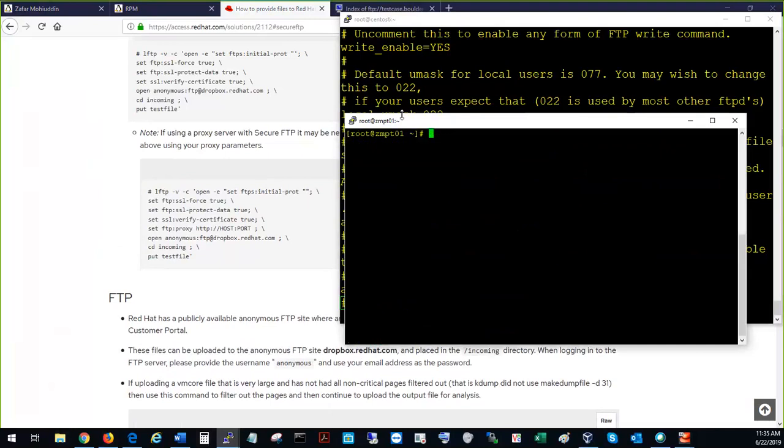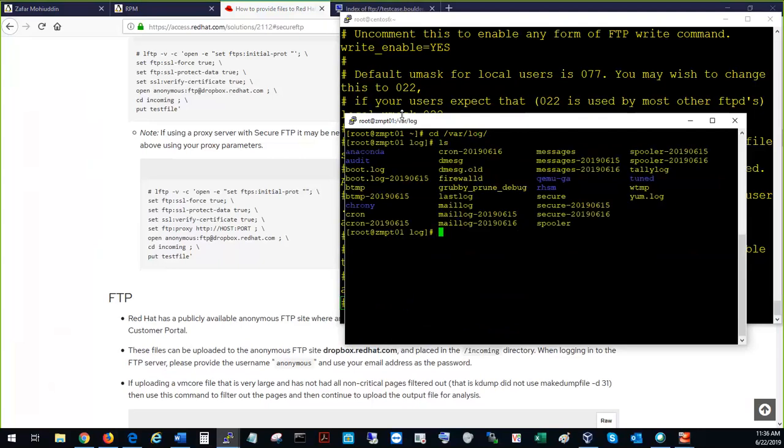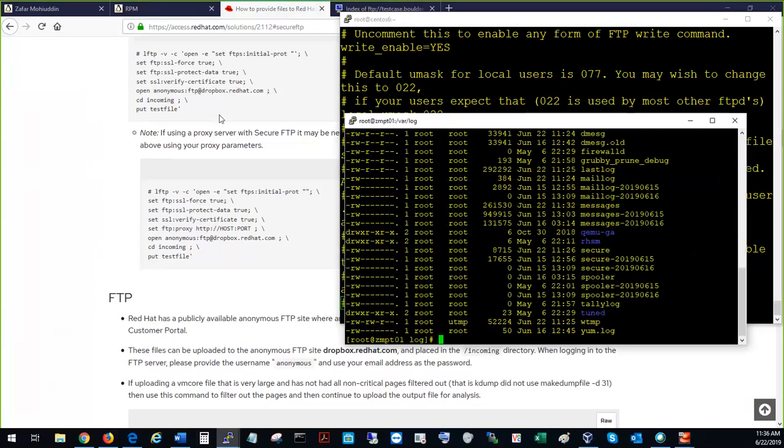So in here, cd var, these are the logs here. There are many logs in here. If you install an application, for example, an Oracle application, the logs will start sitting in here, because this is where the logs are being collected. So if you have an open ticket with, for example, Red Hat,